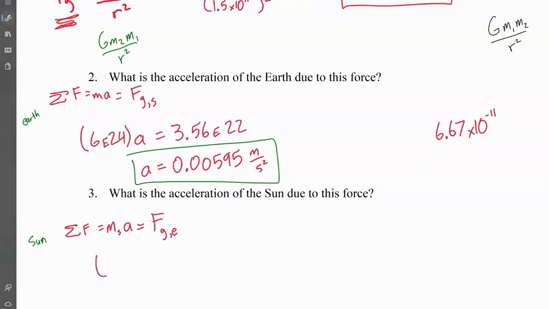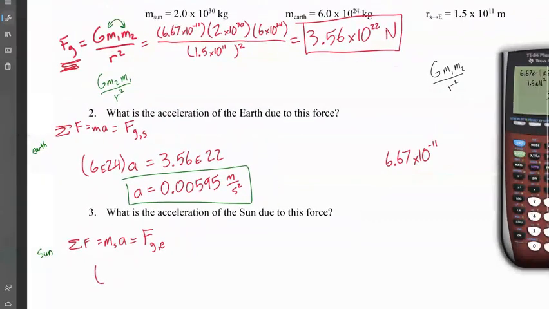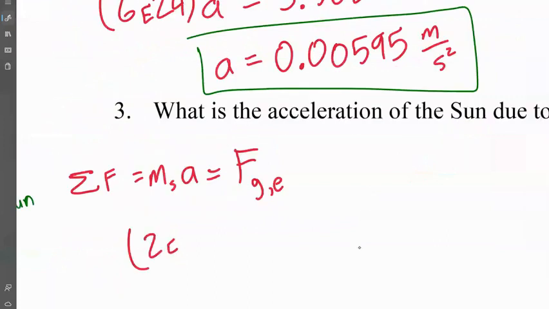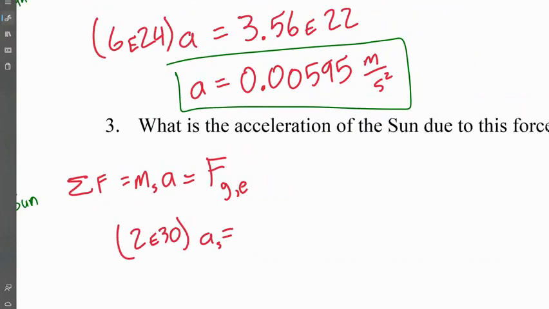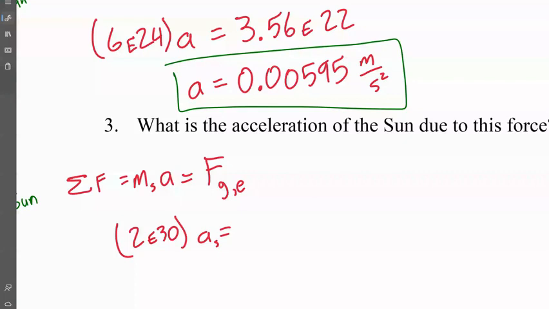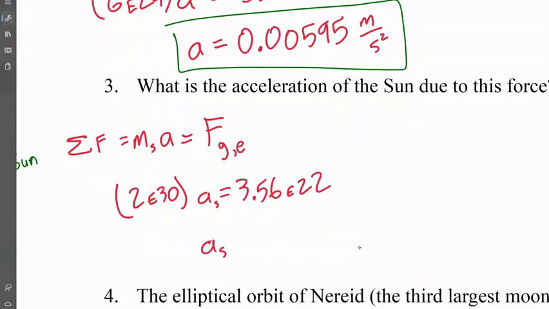All right, so mass of the sun, we can look up above. We get 2 times 10 to the 30th. So 2e30 times the acceleration of the sun is equal to that force of gravity between the sun and the Earth, which, remember, those are equal to each other. So 3.56 times 10 to the 22nd power. All right, then divide by 2e30. So the acceleration of the sun due to the force from the Earth